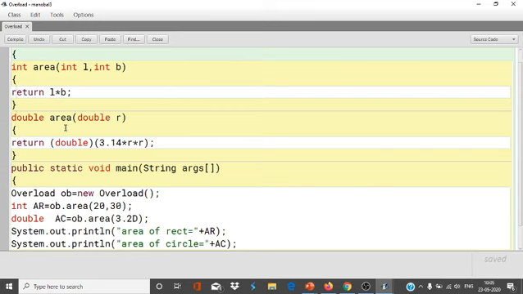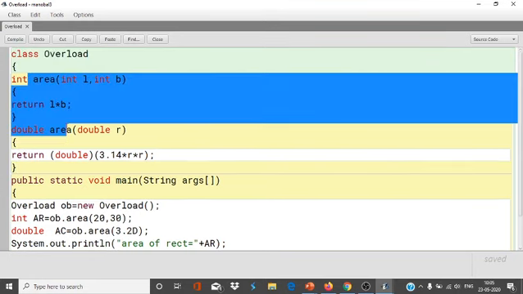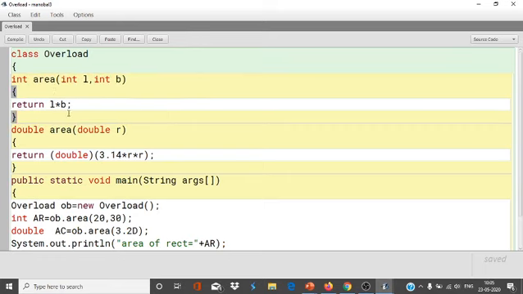Now see, in the same class, two functions are there with the same name but different parameters. It means it is an example of function overloading. Compile it, no syntax error.